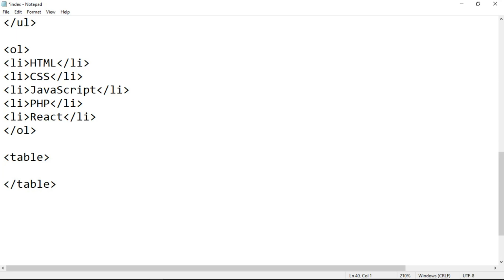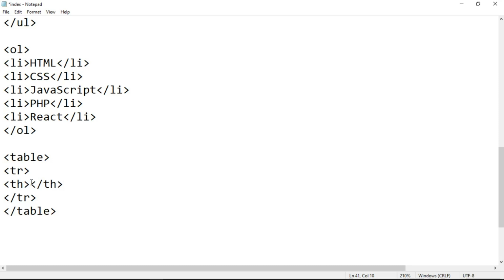TR, we use the TR for table row, and then again the closing tag for the table row. So TR, and then you close. So now in the table row, you begin with what? The table head. So let me give it a table head here. So table head, we use the TH, and then you close again, you close th,